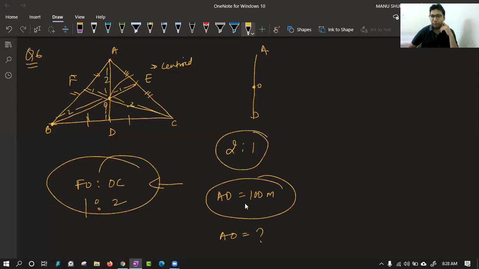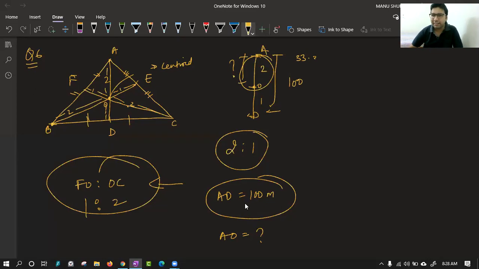Class, if complete AD is 100, so this is given to me as 100. I am asking this portion. I know the ratio is 2:1. But what it will be, beta? It will be 2/3. This is 2 and this is 1. So actually we are dividing 100 in 3 parts, which is actually around, yes, Yuvika, you are correct. Abhishek is also correct. Very much approximate answer you have given. So we can divide in 3 parts, 33.33, like that. So it is around 66 point something.